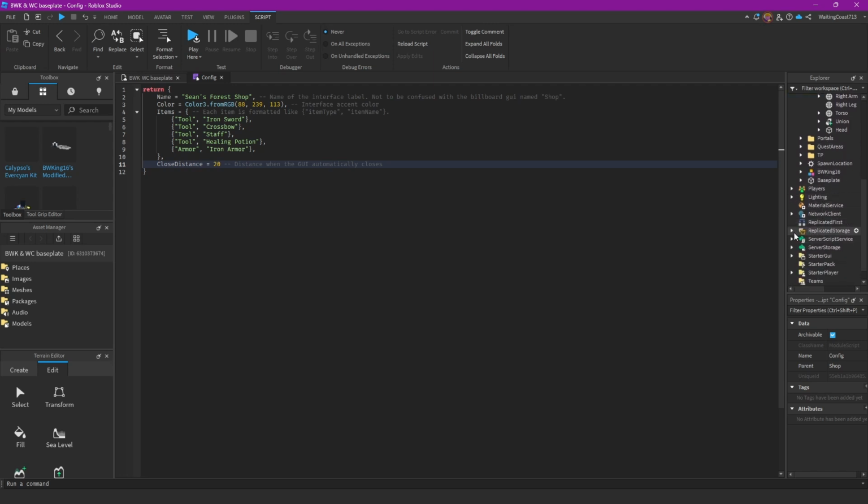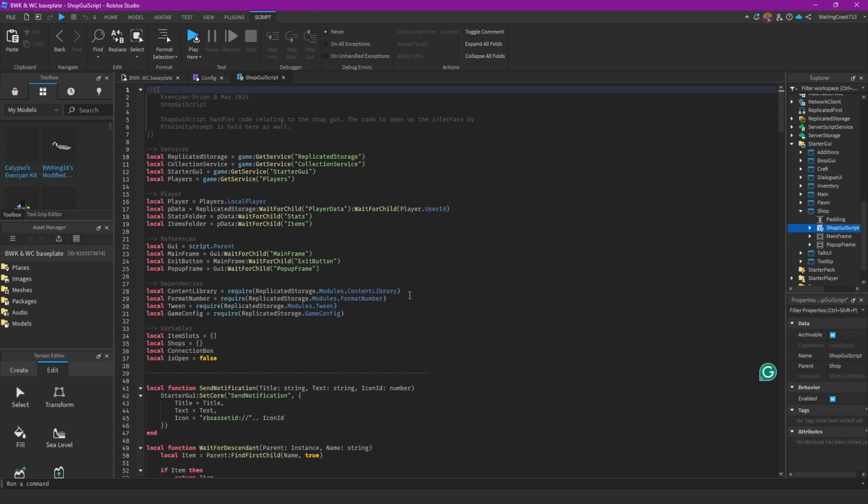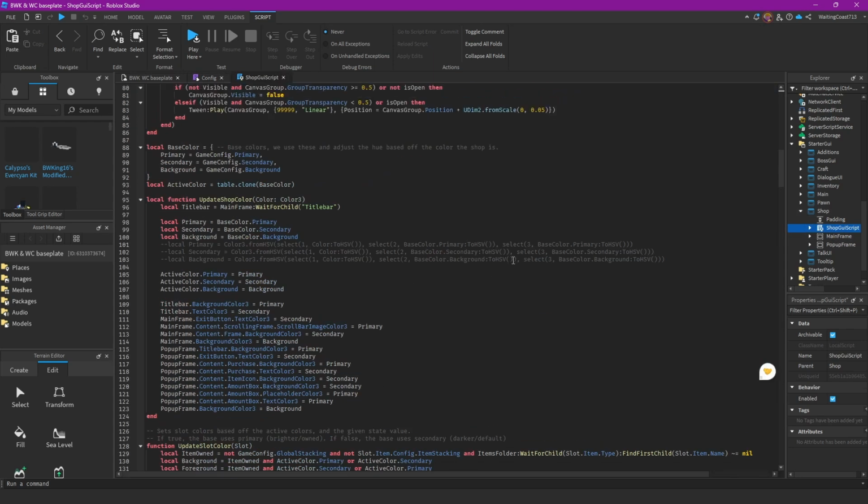You just do the same to pawn and crafting. So if I go under StarterGui and go to shop, as I just showed, this base color thing here is basically using the base color with the color that you set. What I just changed it to was strictly use your background. But basically you just want to copy this code right here